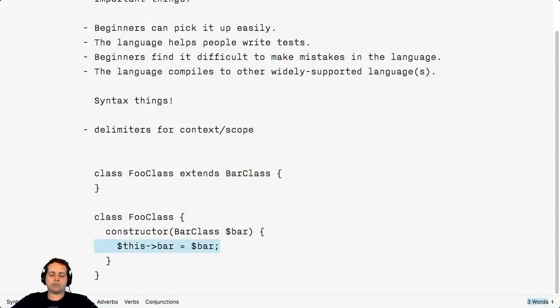So this will assign it to a variable, and then instead of calling parent methods or accessing parent properties, you call public methods and properties on that instance that you have now wrapped inside your constructor. So when you create a new foo class, you give it an instance of the bar class, and you access things that are public on the bar class. You don't use parent stuff. You don't inherit anything.